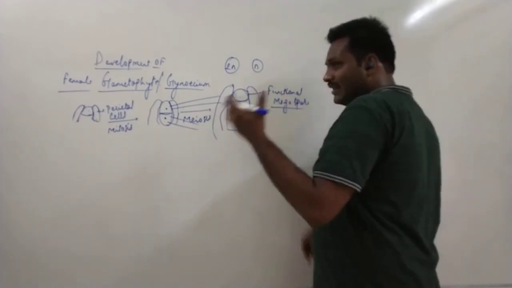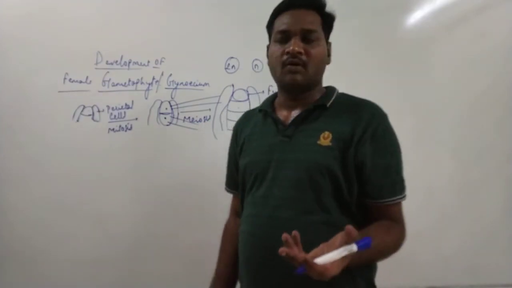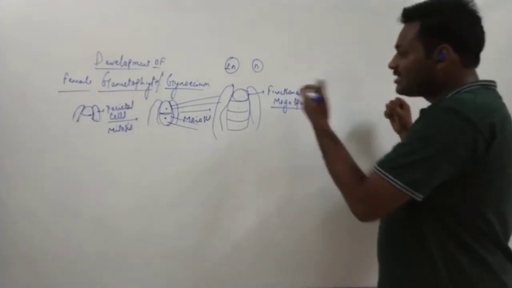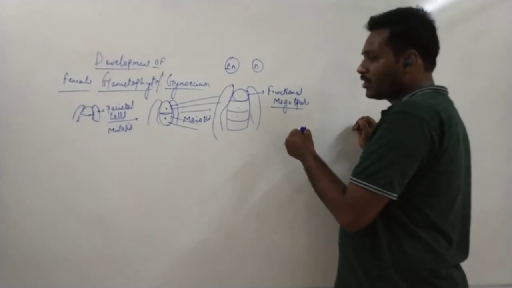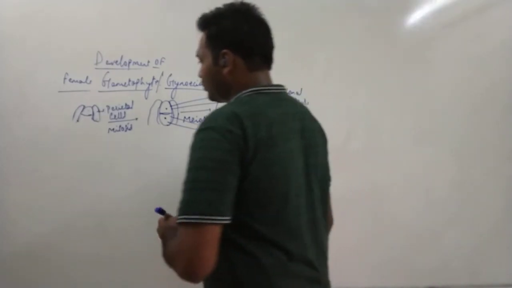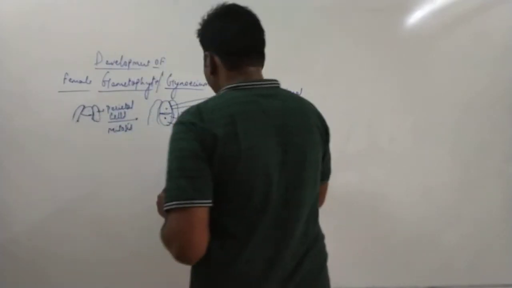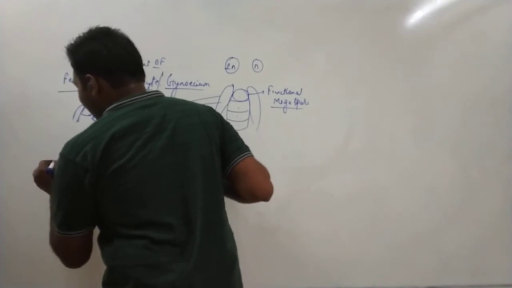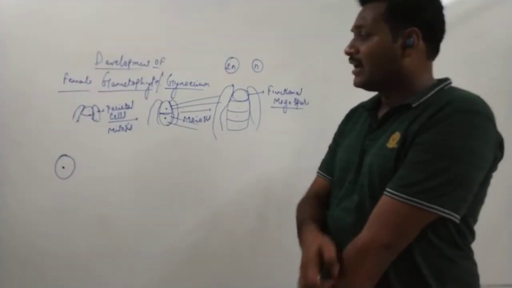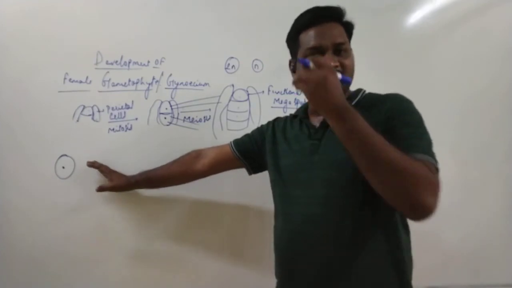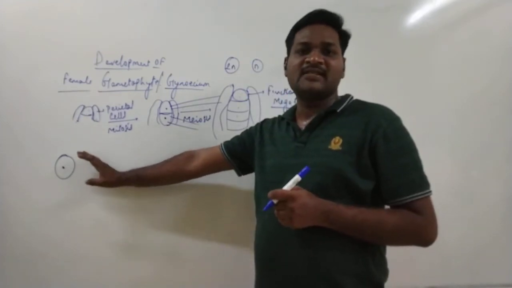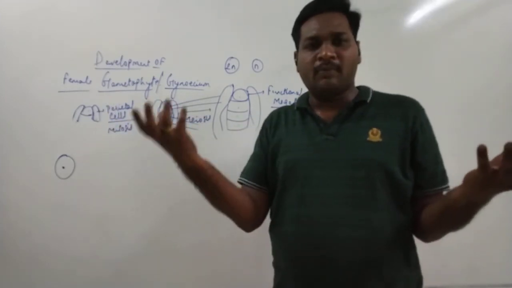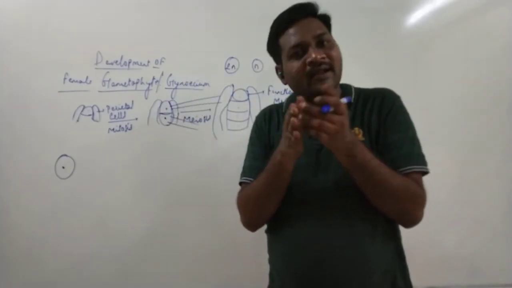In case of the male gamete, it is called microspore, and in case of the female gamete, the single cell is called megaspore. Now this megaspore will undergo mitotic cell division. I am drawing that single cell, a single nucleus, and it is haploid. Haploid means consisting of a single set of chromosomes. It is supposed to fuse with the male gamete, and at that time haploid male and haploid female will combine to form a diploid organism.